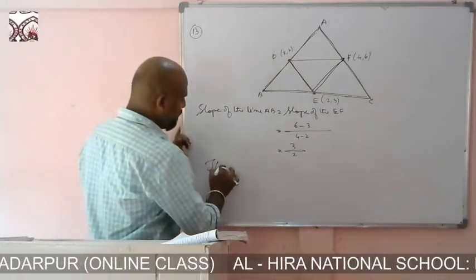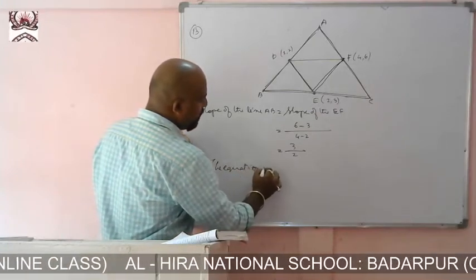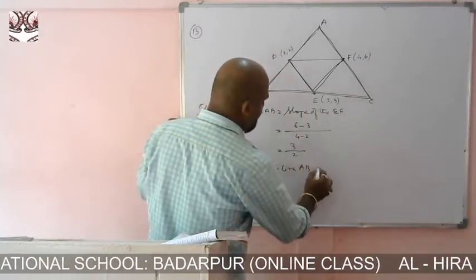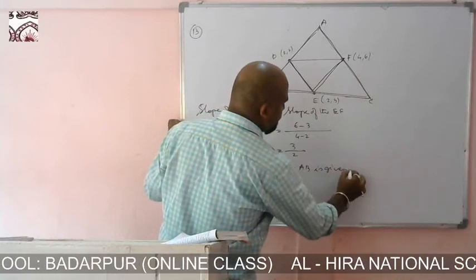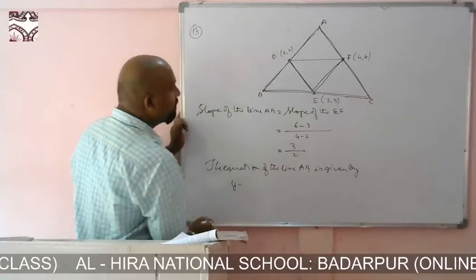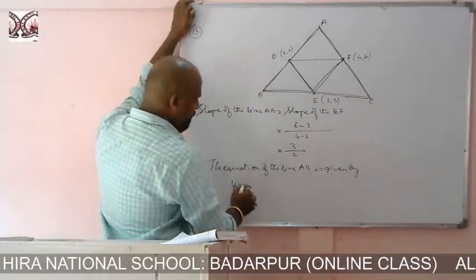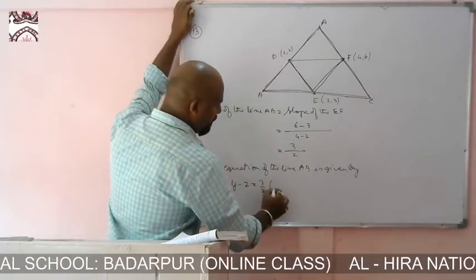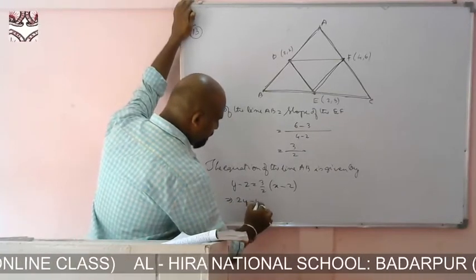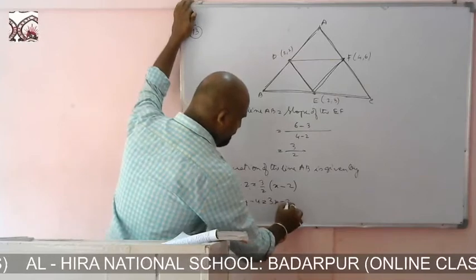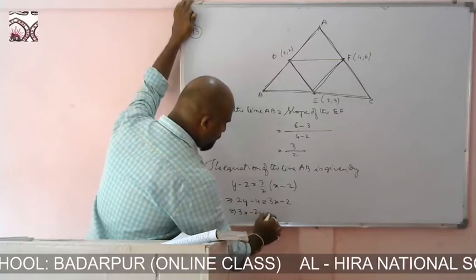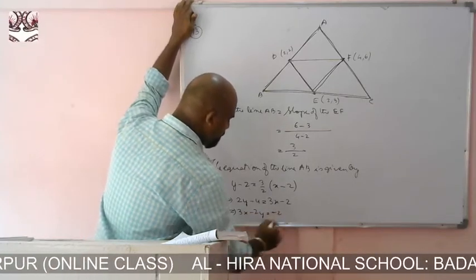Okay. Then the equation of the line AB is given by y minus 2 equals 3 by 2 into x minus 2. That is what we are getting: twice y minus 4 equals thrice x minus 2. So what we are getting here? Thrice x minus twice y equals minus 2, which implies